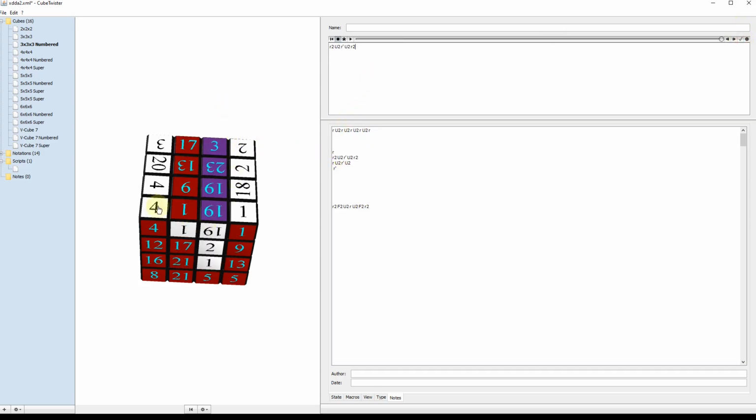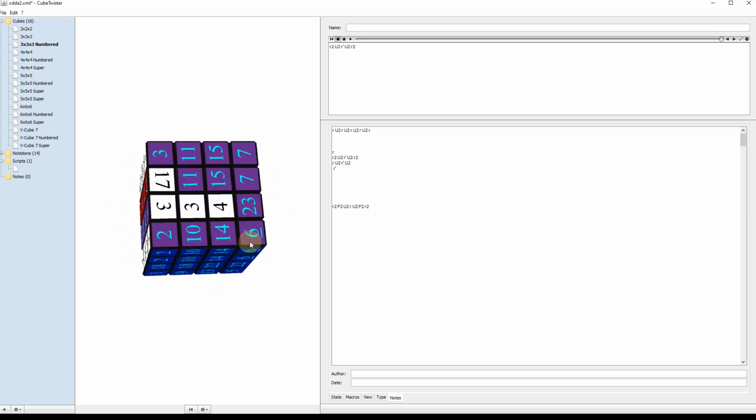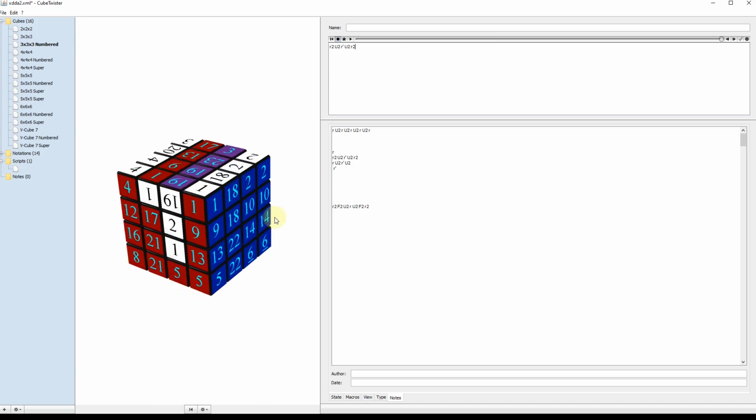This is that same exact type of 4 cycle, right? It affected the exact same pieces as the first one, right? The wing edges, I'm saying, right? They're the exact same thing. And the same number of 1x2 center blocks. 4 of them are unsolved, but in this case, it's going to be like this instead of nice and clean